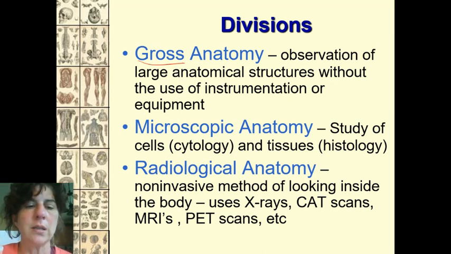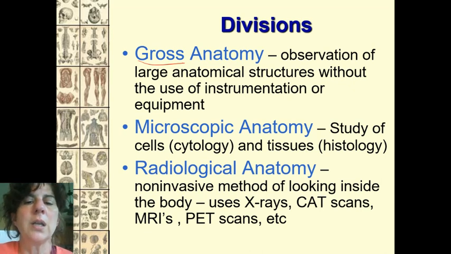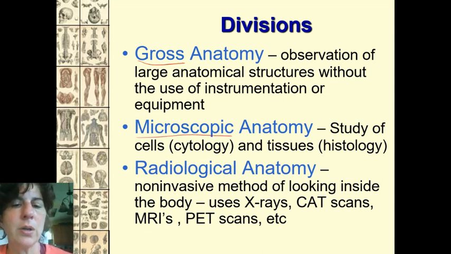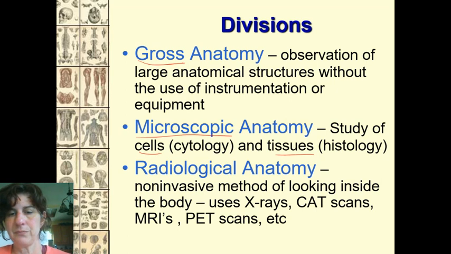But basically, you're looking at the whole structure. So a whole muscle, or the whole chest that has several muscles on it. That would be gross anatomy, so looking at models of things. We're also going to look at microscopic anatomy. That'll be looking at your cells, individual cells, or cells in groups as tissues, and structural stuff. So that's using a microscope, or using something that would show you what a microscope is looking at, depending on how we go about that.